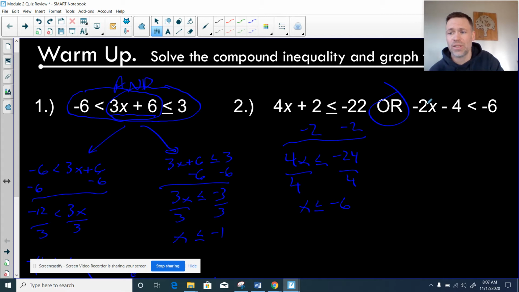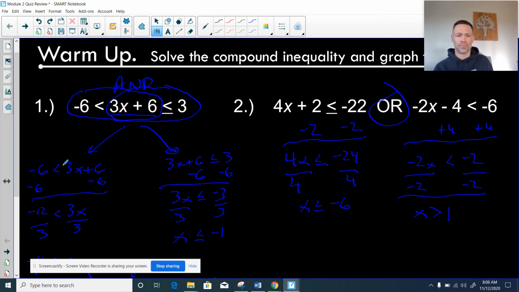Now I will solve this inequality. So negative 2x minus 4 is less than negative 6. How do I undo the first step? I have to add 4 to both sides. So plus 4, plus 4. So I'm left with negative 2x is less than negative 2. I will divide by negative 2. Now this time, because I'm dividing by a negative, I will flip the symbol, and I get x is greater than positive 1. Okay, now all I got to do is literally connect these with the word or,